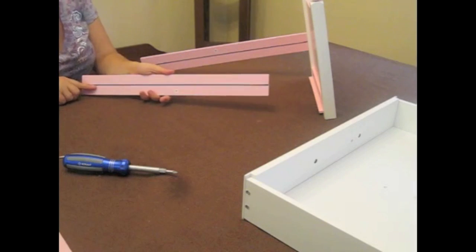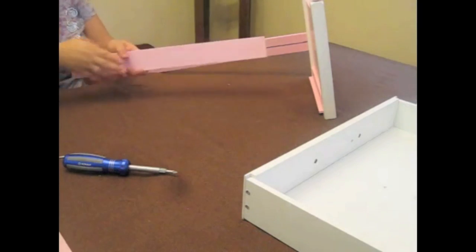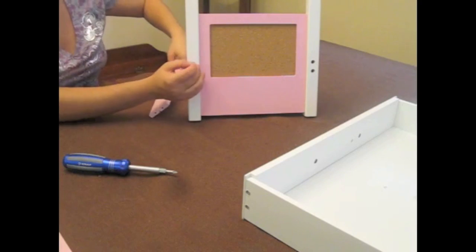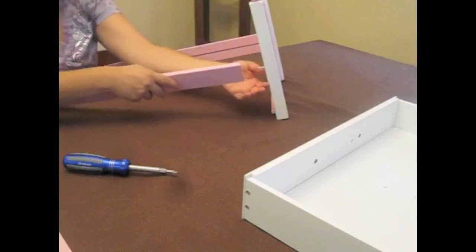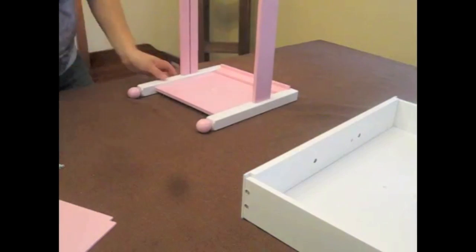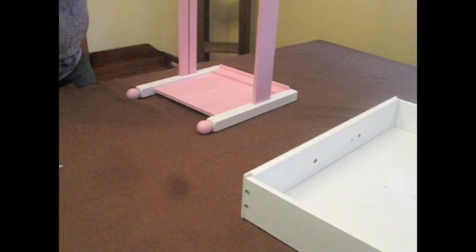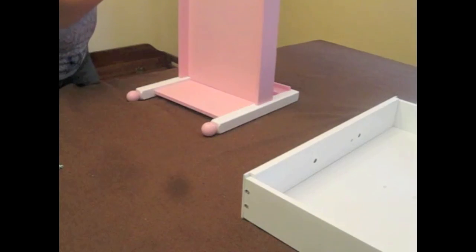Again, this side has a groove that goes on the inside of the item. Enter your screws into the larger entryway. Use that to help you guide up the hole. Okay, the next part is to slide letter F. I'm just going to tilt it up and just make sure that letter F goes in the grooves. Okay, once that's done,